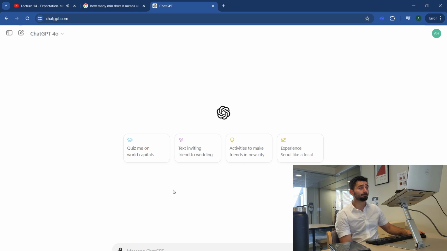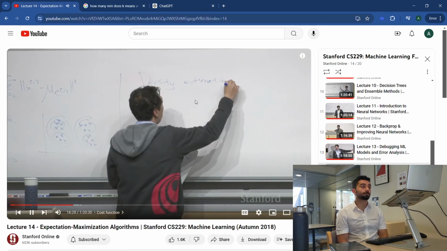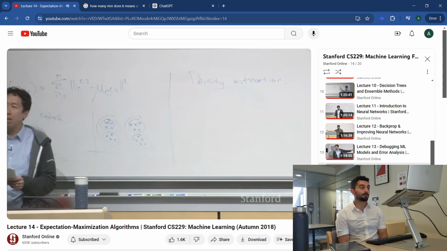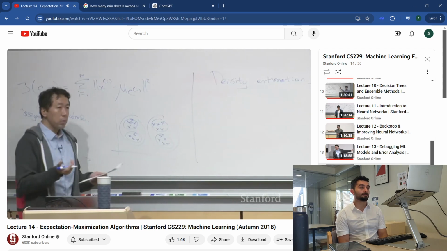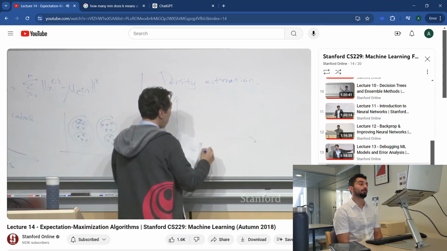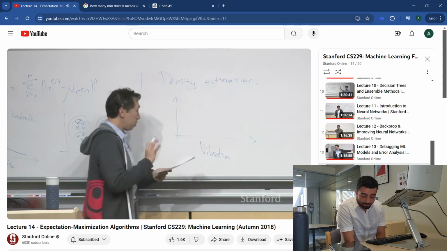Now, there's a problem that seems closely related, but it's actually quite different when you derive the algorithms, which is density estimation. So let me motivate this. I actually had some friends working on a problem a while back, which I'll simplify a little bit.